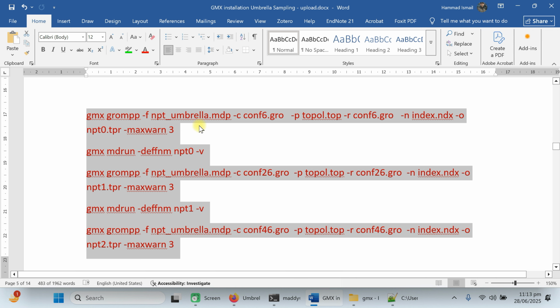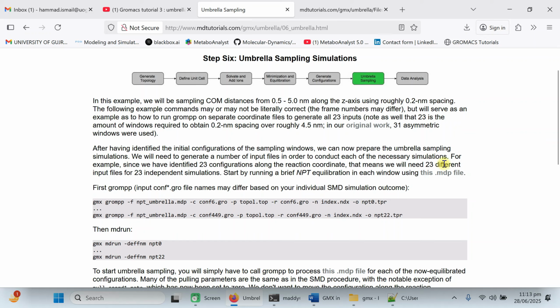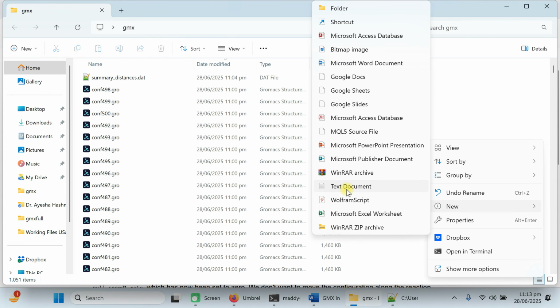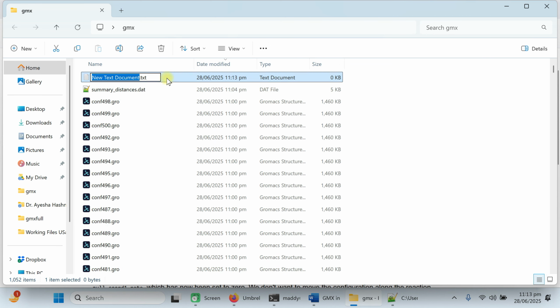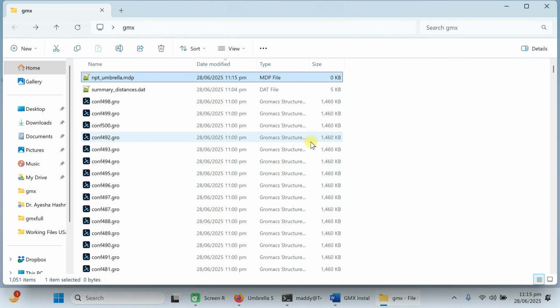Before running it, we need to generate a file with the name npt_umbrella.mdp. Copy this name, go to your folder, create a new text document, and change the name to npt_umbrella.mdp. Please be conscious about the name. If you type it wrong, it will not execute. The file is generated. Open this file,